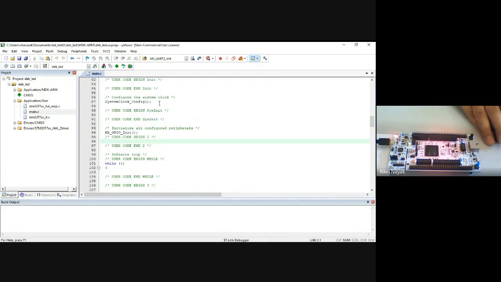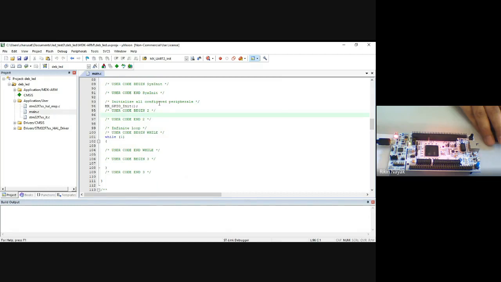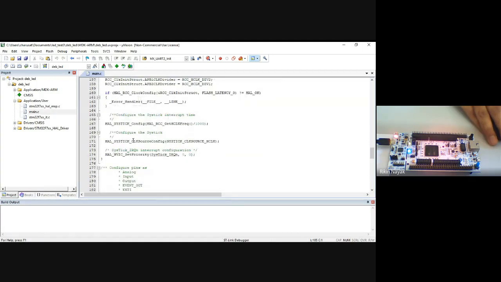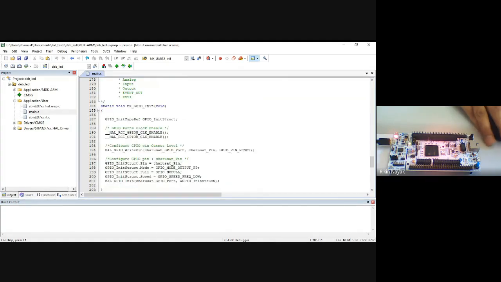So here you can see, and now the user can write code in this part, right? Before while(1), if you want to initialize once, then you can define it over here, and if you want a continuous infinite loop, then you can define your function over here, right? And one more thing, we have already configured one GPIO pin, right? So here you can see in this configuration part, you can access this.